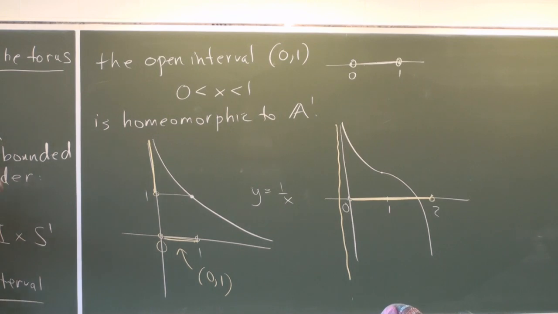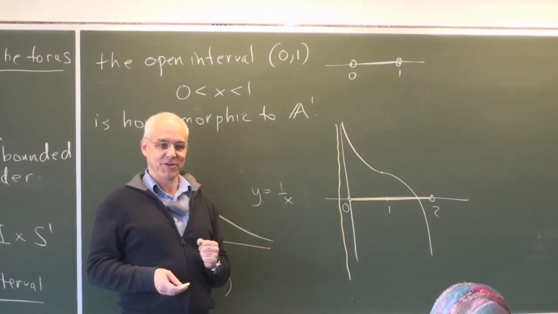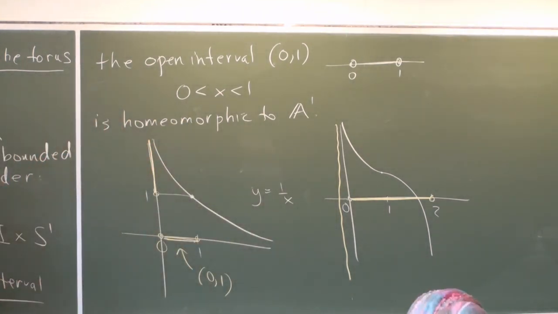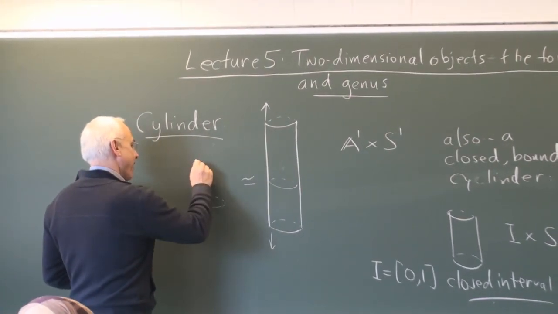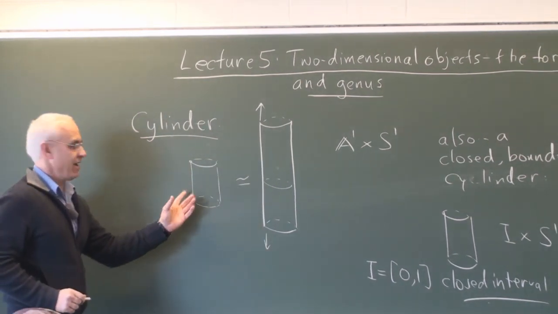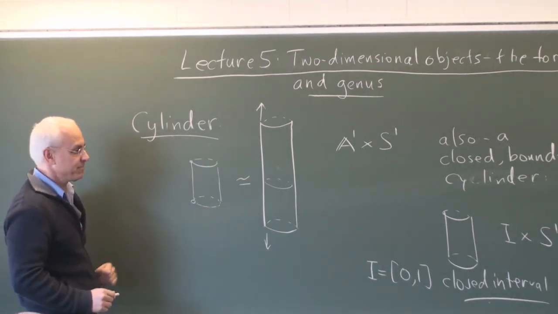I know you also all know that you can also do this with a tan function and something like that, but I like to think about it this way because this is purely rational. And you can compute this. You can say exactly what everything goes to and what the inverse is. All right, so that just shows us that when we're talking about this infinite cylinder, we could also think about this as being simply an open cylinder, homeomorphic the same. So when I say open, I'm thinking we're not including the top and the bottom here.